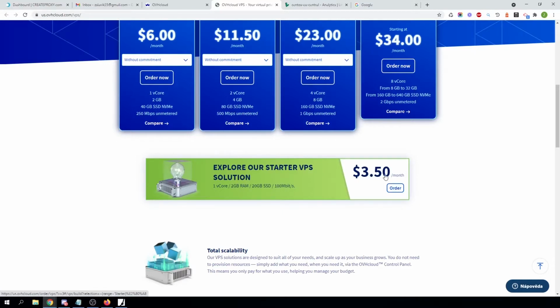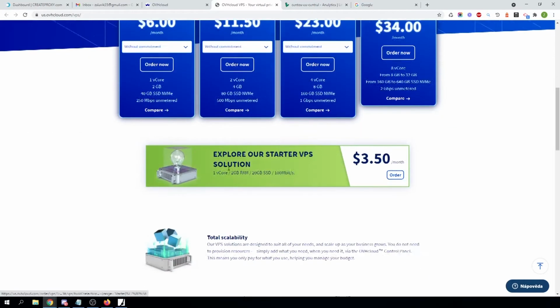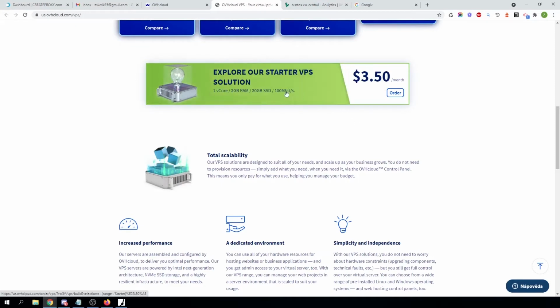This price means that you will pay $3.50 for an instance that has 2 gigs RAM, 20 gigs SSD, and bandwidth 100 megabytes per second, but with unlimited data transfer. Okay, OVH has no limited bandwidth which you can use per month, for example. So just click on order,